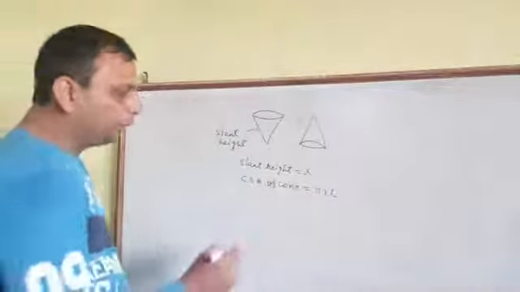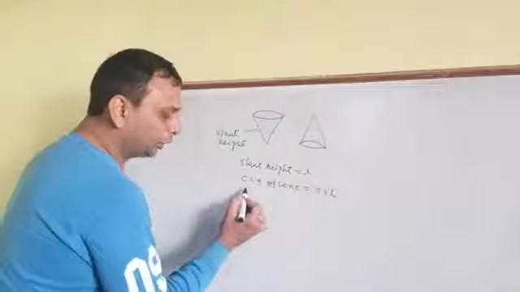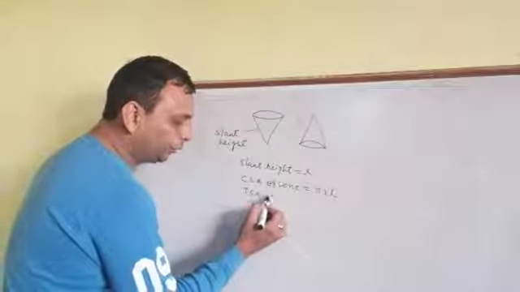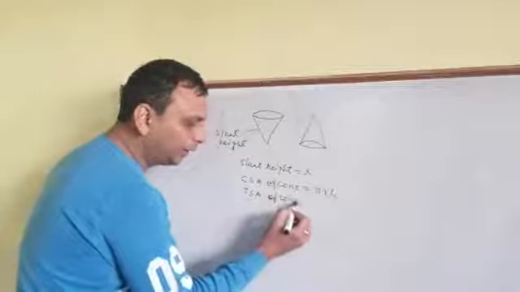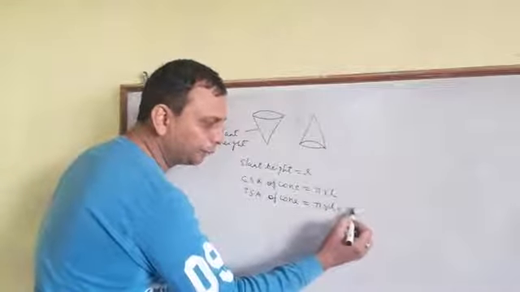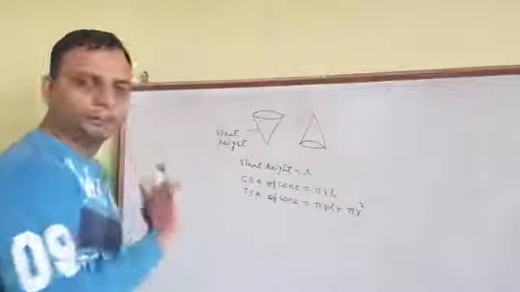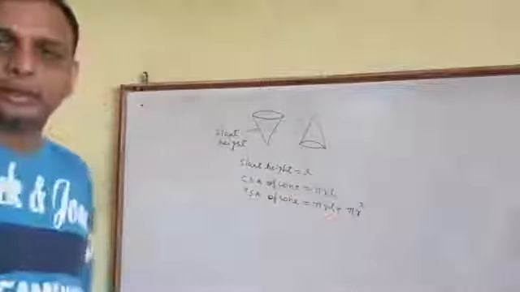Now, suppose in any question we have to include the bottom part also. It is in the shape of a circle. So the total surface area of the cone will be the curved surface area plus pi r square, because you have to add the area of the circle again. Why did I add pi r square? Because the bottom part is the shape of a circle and the area of a circle formula is pi r square.